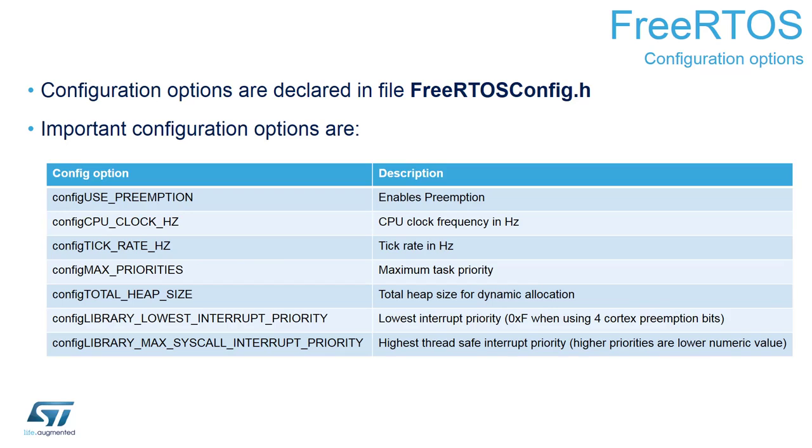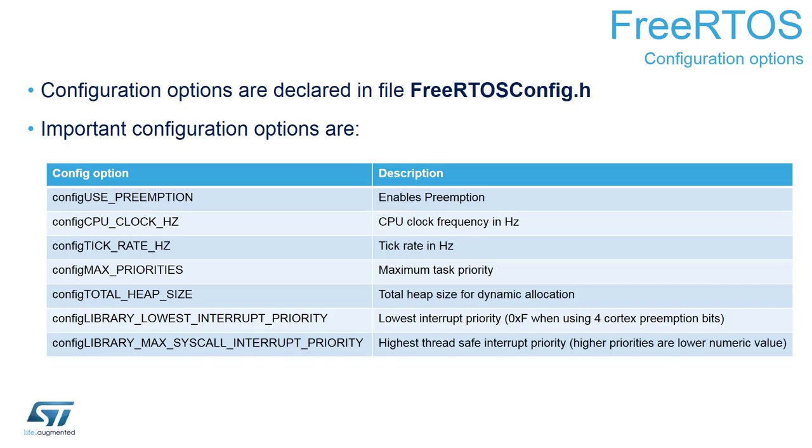Then total heap size defines how much memory we will have within the RAM to store the information about our operating system components, each variable. So the tasks, semaphores, queues, mutexes, software timers, all of those components require some space within the RAM memory to store the temporary variables, to store their configuration, their parameters. All of those must be allocated somehow on the RAM memory,